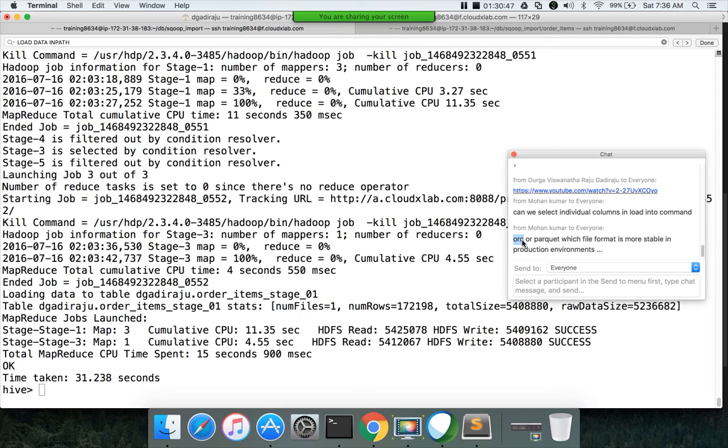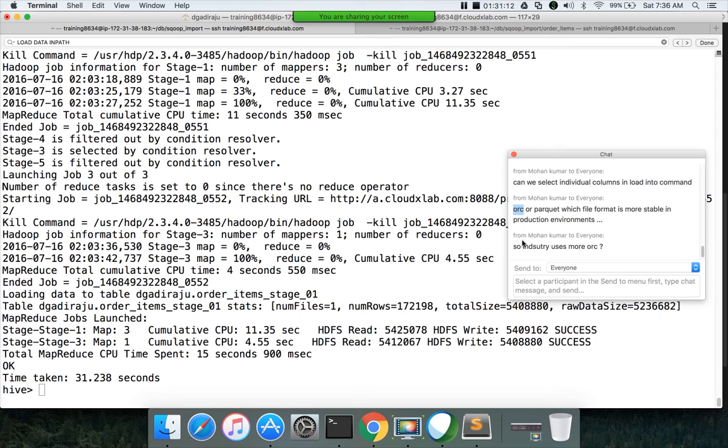But when it comes to Hortonworks, you should prefer ORC because you will get support from Hortonworks. If you use Parquet, you might not get the support. So it's not just the performance. You need to understand the other attributes also before deciding the file format. Similarly, Cloudera pushes a lot for Avro, whereas Hortonworks pushes for ORC.